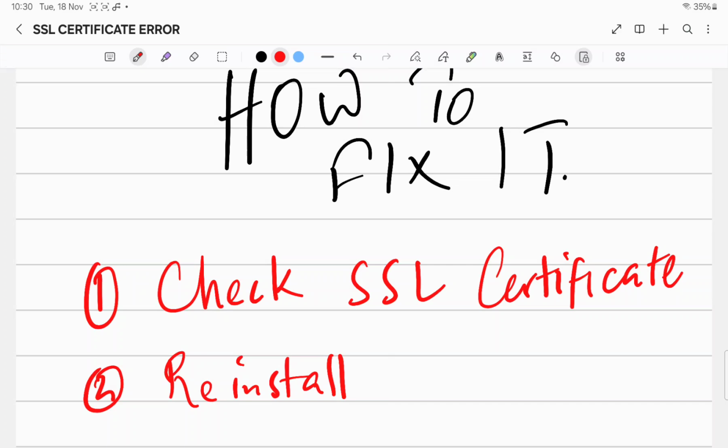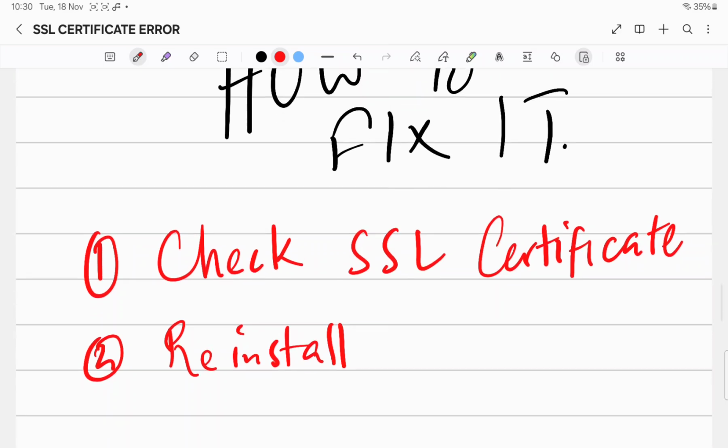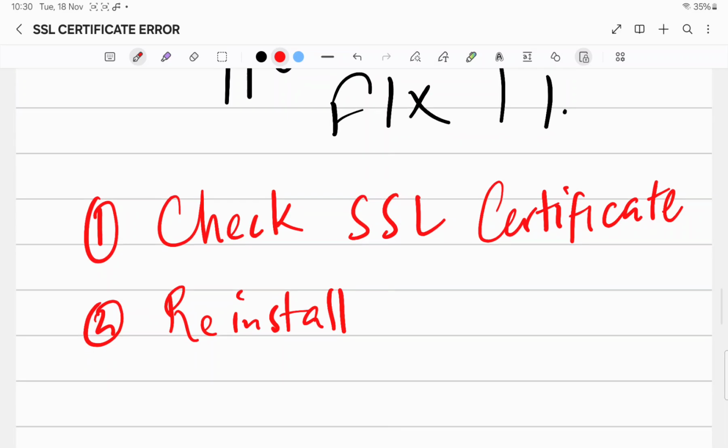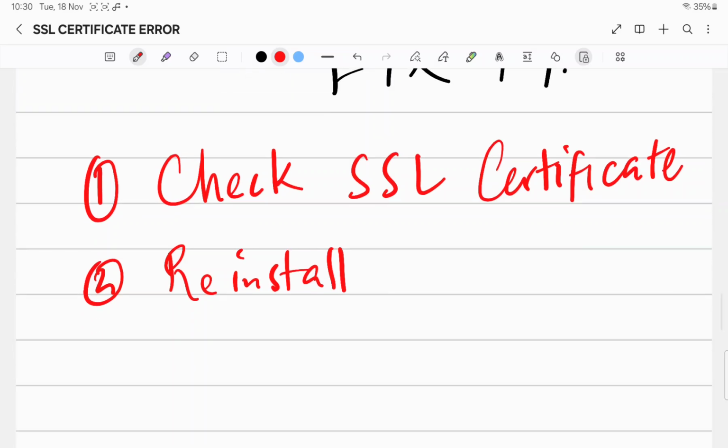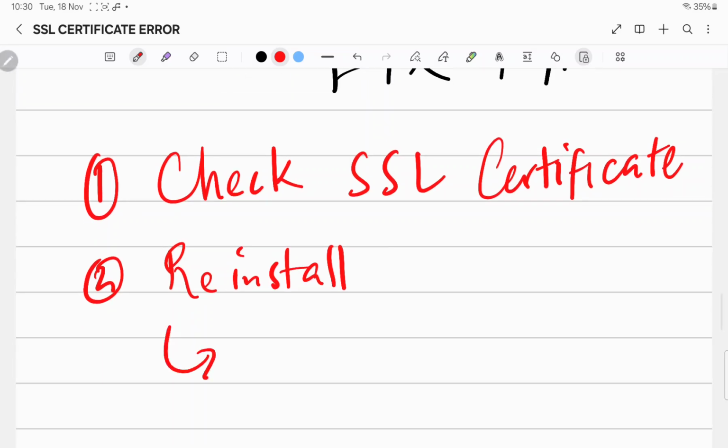If it is expired or broken, you need to reinstall it. With most hosting providers, you can use a free Let's Encrypt certificate. Once you reinstall, make sure it covers both